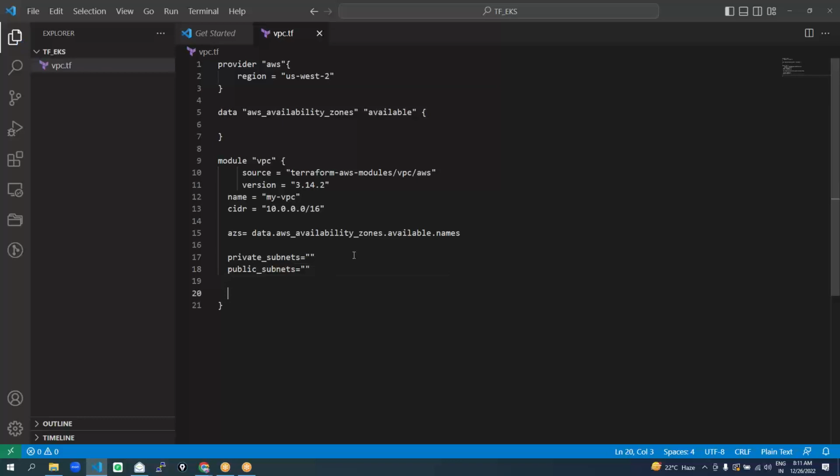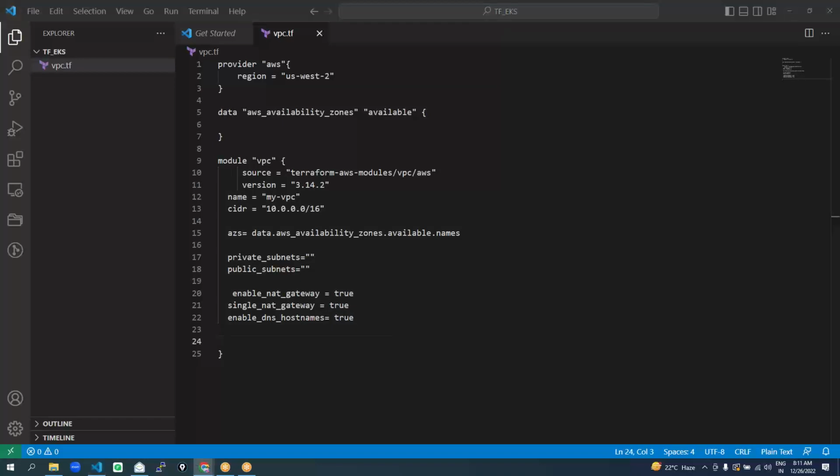Okay, and that's all. And then yeah, enable the NAT gateway and enable the DNS host names. NAT gateway is to allow the internet traffic. We can allow NAT gateway and all the subnets can be routed through a single NAT gateway. Right? That's all. And yeah, to identify this particular VPC by our EKS cluster, we could add some tags for